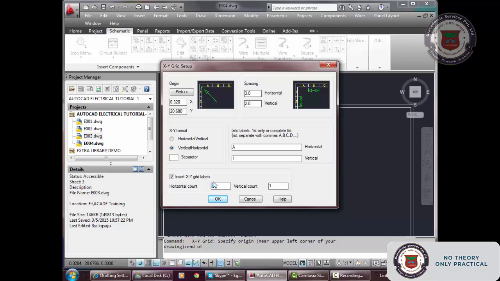Horizontally how many counts do you want? Let me put 8. You should remember, now I put horizontal count 8 and the horizontal spacing is 3. So the distance between the two ends of your title block should be somewhere around 24. If you have any doubt, first measure the distance and divide it by whatever amount you feel. I think my title block is 32, so I am putting it as 10. Okay, 10. And vertically similar,